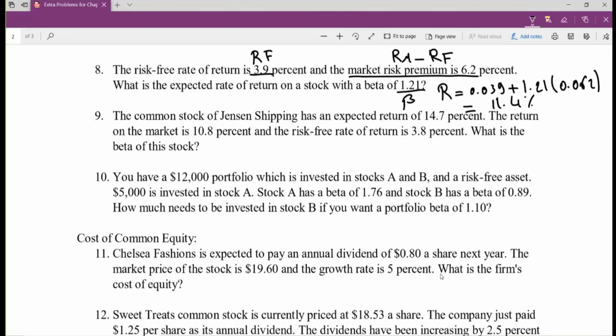Now for number 9, the common stock of Jensen Shipping has an expected return of 14.7%. The return on the market is 10.8%. This is RM. The risk-free rate is 3.8%. This is RF. I need now to determine beta of the stock. So it's still an application of the CAPM. I have the return on the stock is equal to RF plus beta into RM minus RF. So here I have 0.147